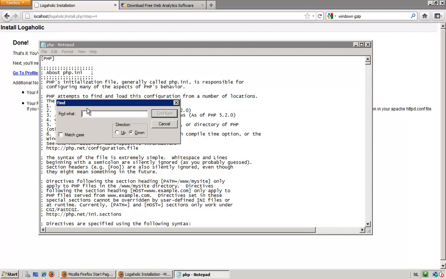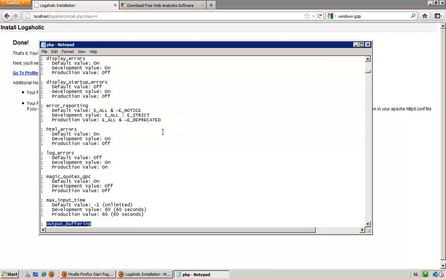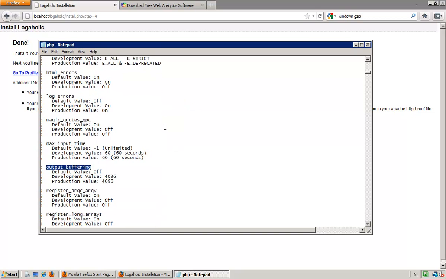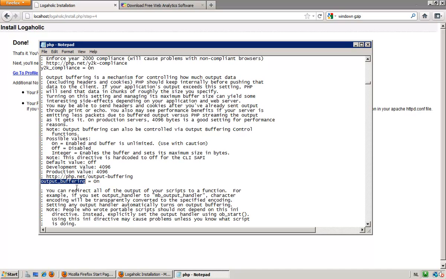Now simply look for output buffering. There we go. Oh, we have to search for that one more time. There we go. And you can see here output buffering is on. And what we want to do is put that to off. Just save the file,